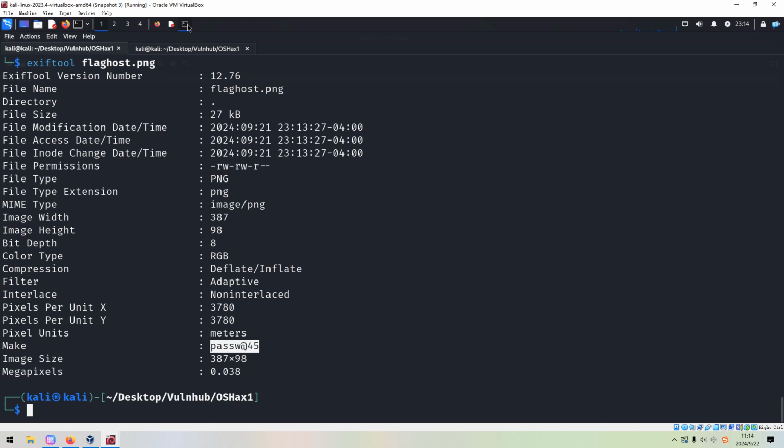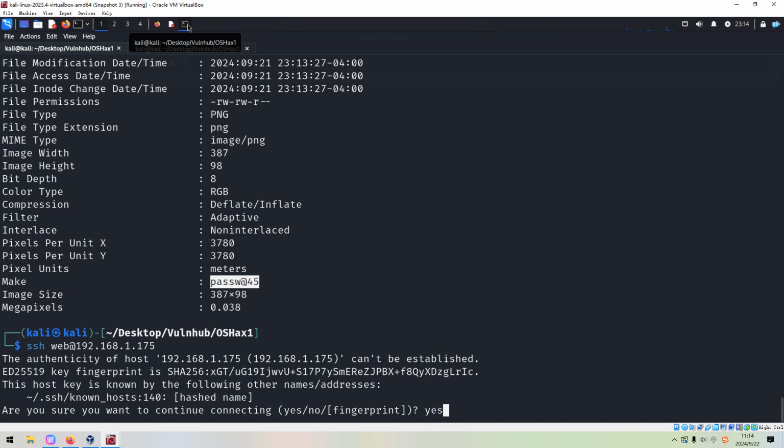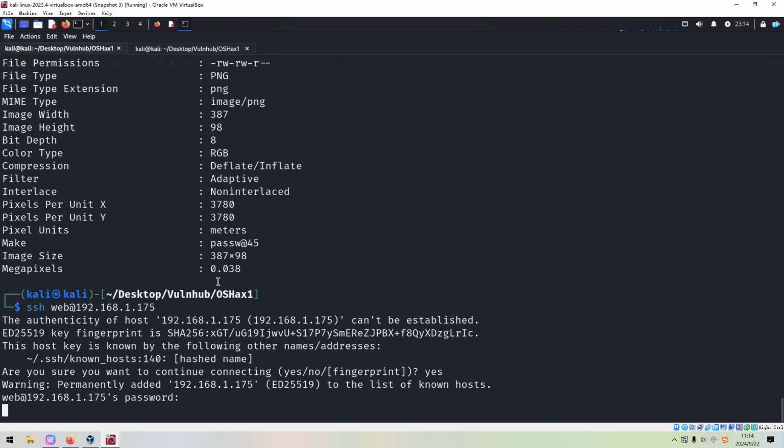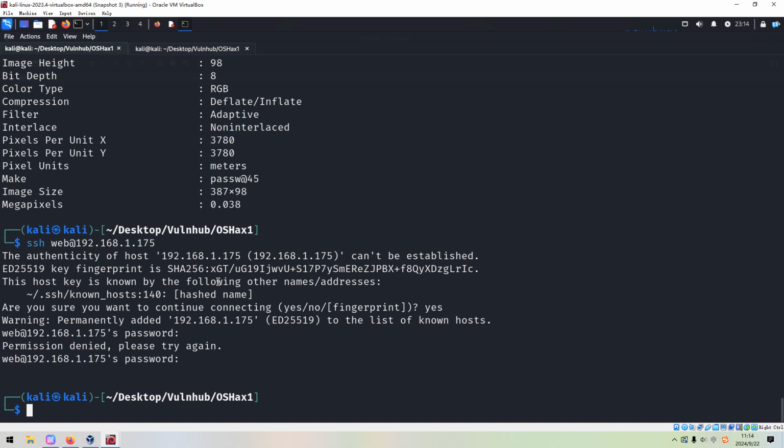So now we can use SSH web, and paste it over here. But this doesn't work. Interesting. As a matter of fact, this is not a password, although it looks very similar. It looks like this should be the password, but it isn't.